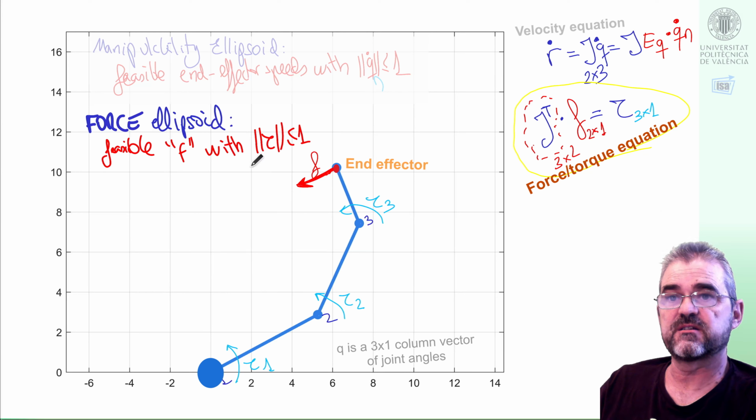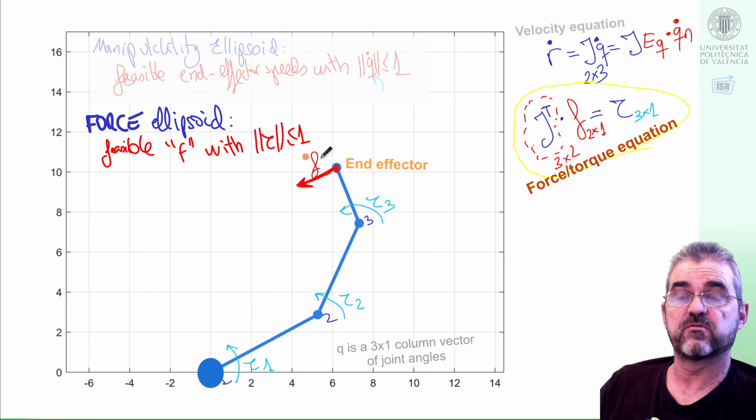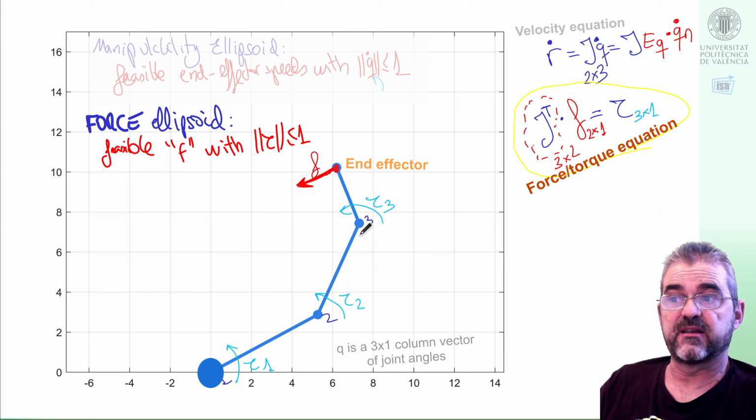The basic idea is that if the joint torque is somehow limited, then if this force is too big, my joint motors will not have the capability of counteracting it. So which is the largest force I can counteract according to this formula is what motivates the definition of this